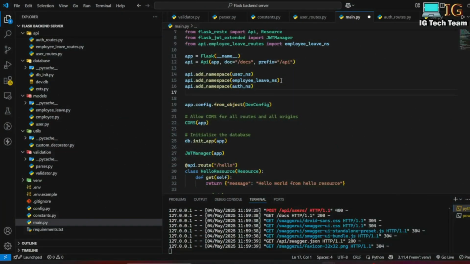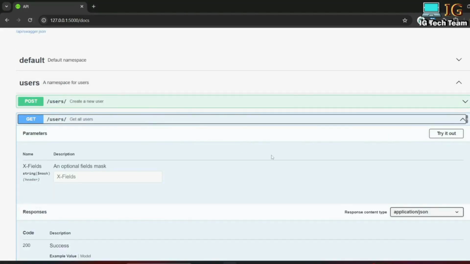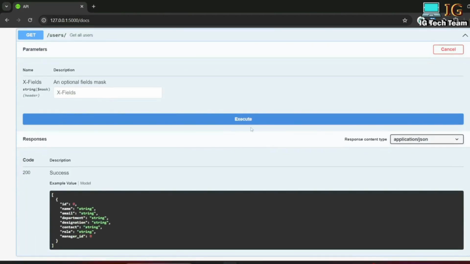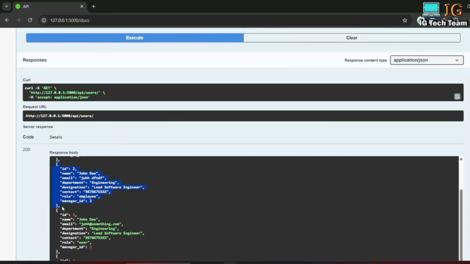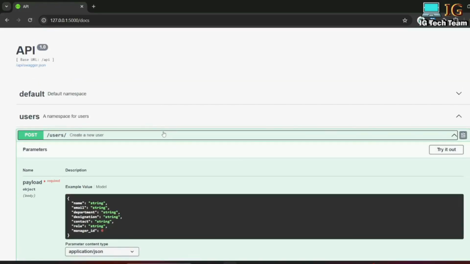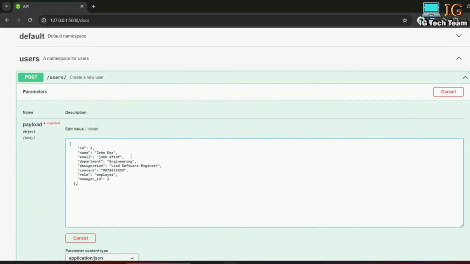In this chapter 6, I will discuss Flask Migrate. I would like to go to my API document. I would like to get all the users first, try it out, execute. I would like to copy one user data, Ctrl C, and I'm going to create a new user. Try it out, Ctrl V. This will contain all digits and